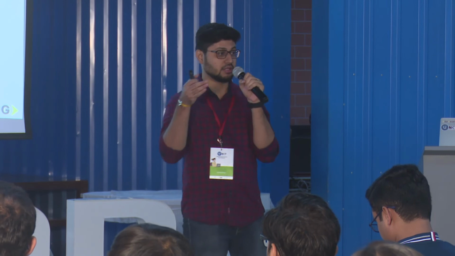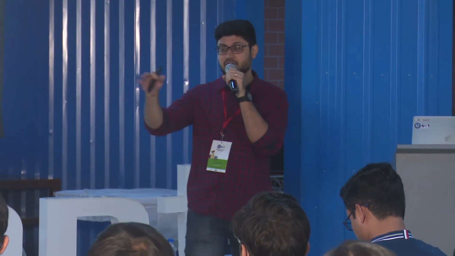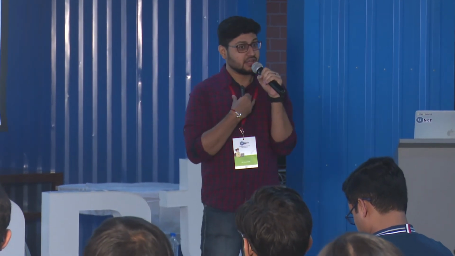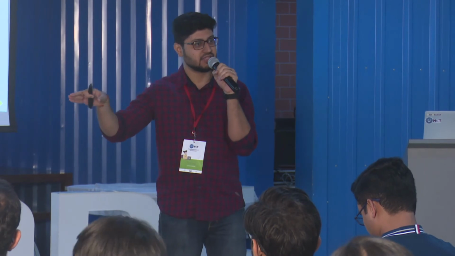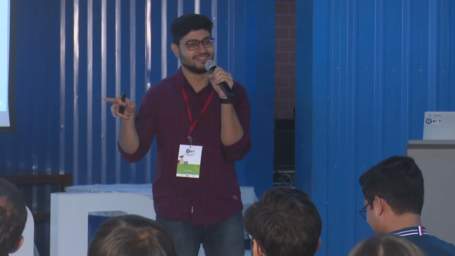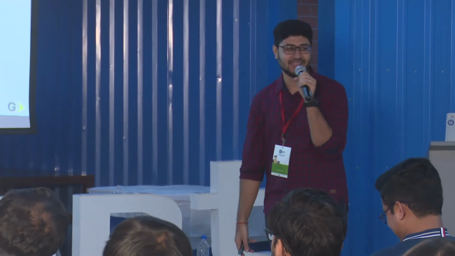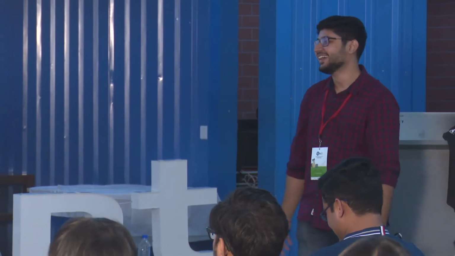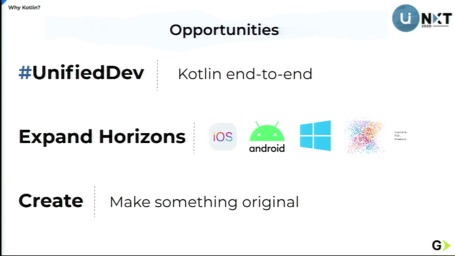And that would cut down all your duplicity, and your developers, like I'm a front-end developer, he's a back-end developer. I'll be a back-end developer, he'll be the front-end developer, and our faces will be the same. And if someday Mukund runs away, my manager will catch me and make me sit to do his work. All right, let's not go too far. But okay, so that's what we call Kotlin end-to-end.